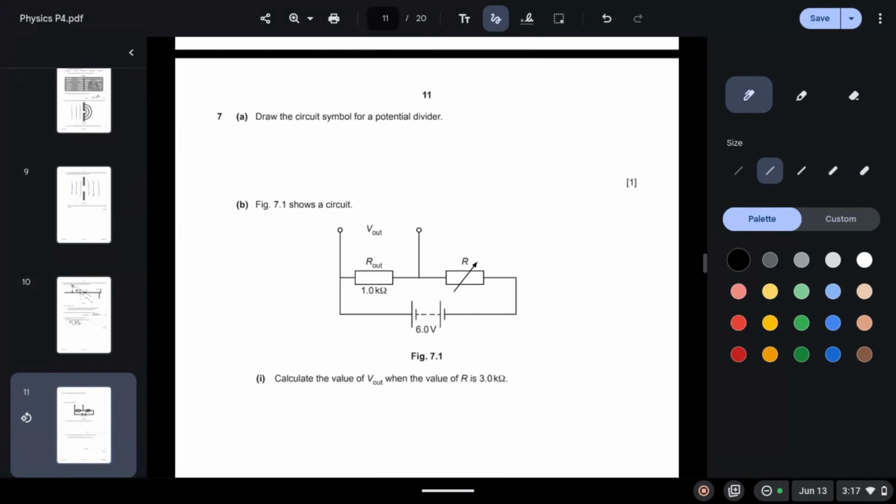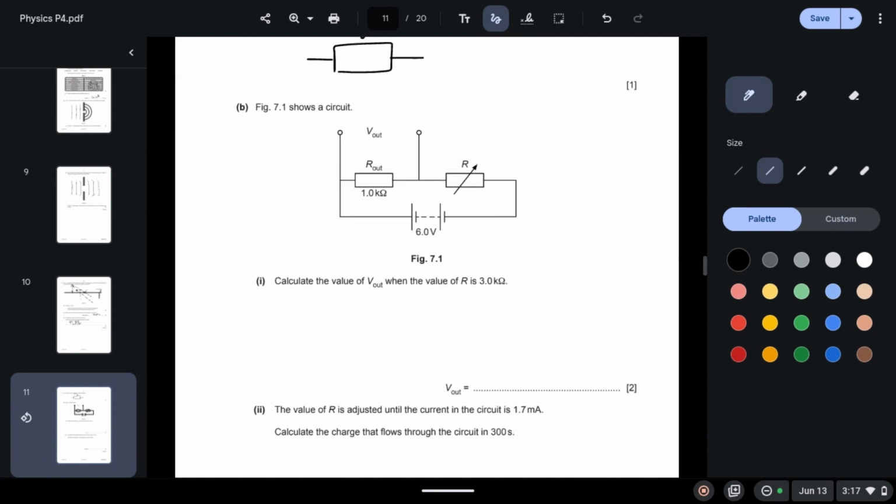Draw the circuit symbol for a potential divider. So we know that a potential divider looks something like this. Figure 7.1 shows a circuit. Calculate the value of V out when the value of R is 3 kilo ohms. So when R is 3 kilo ohms,